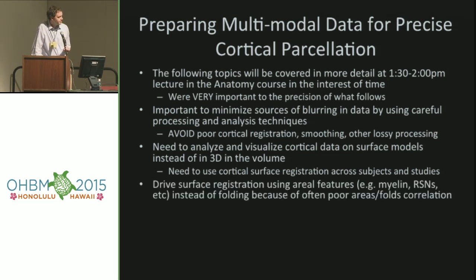Also, we should drive surface registration using features that are more closely tied to cortical areas, such as myelin maps or resting state networks, instead of folding patterns, because as Simon said, often the macroanatomical landmarks, the folds, are relatively poorly correlated with where cortical areal boundaries are. So we want to drive our,